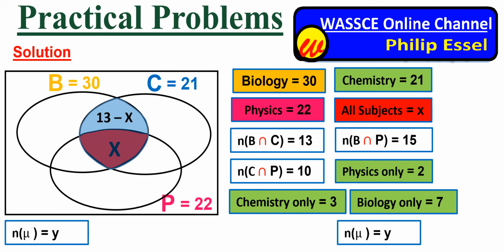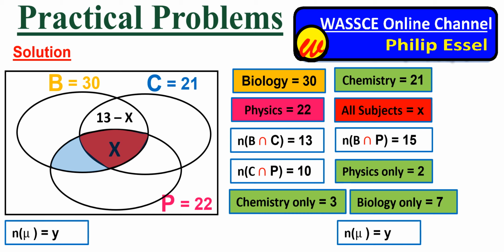Next, let's look for the region biology intersection physics. This is the region biology intersection physics. There are 15 students in this entire region. What we would also need to note is that this region has two main regions, the red region and the